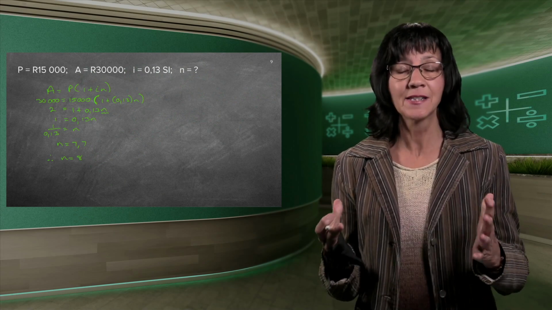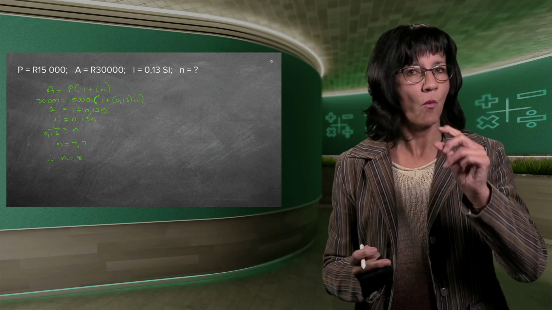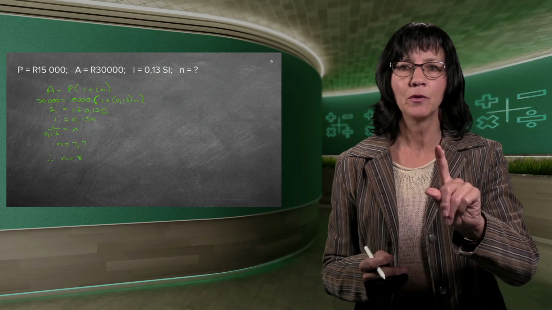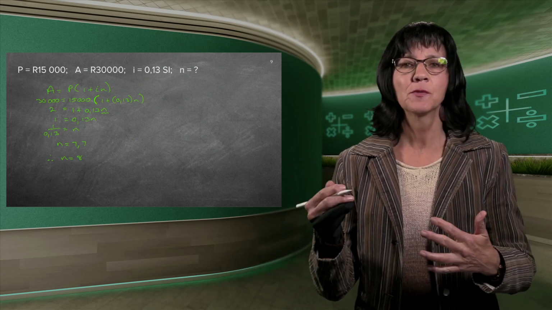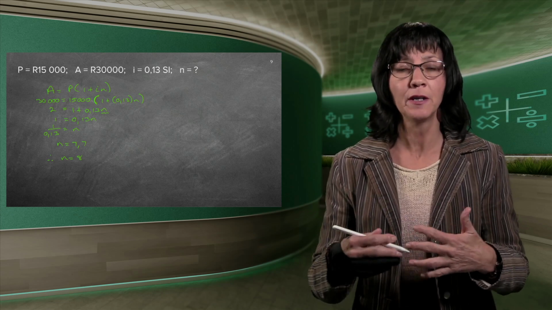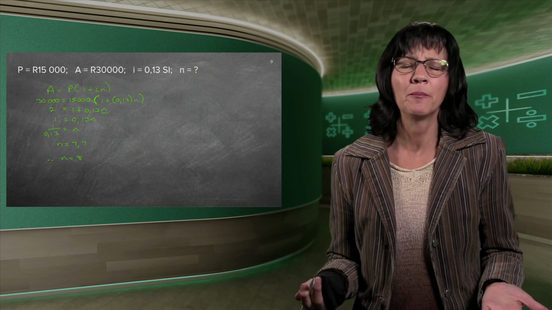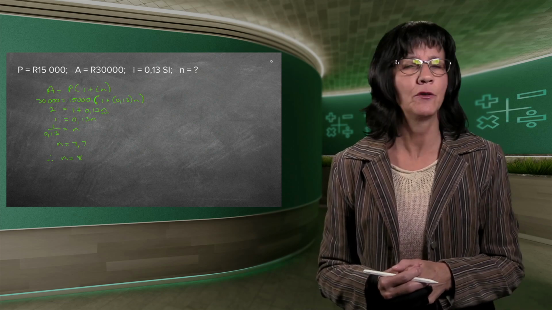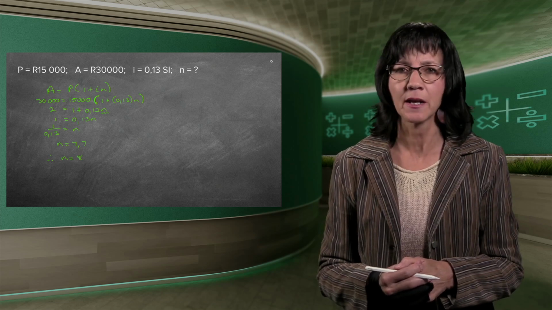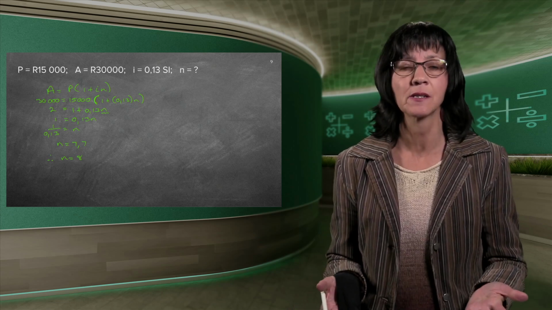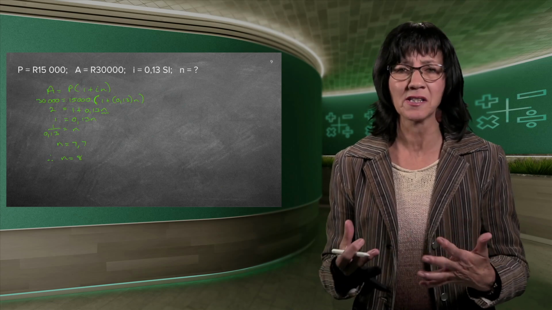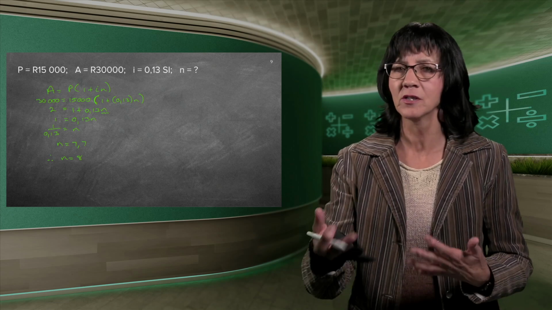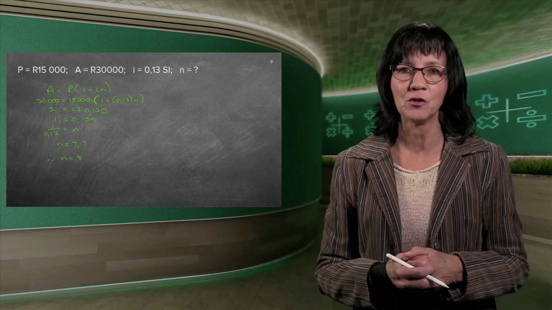Good. And that is how simple interest is. 1 formula, 3 knowns, and 1 unknown. You fill in the 3 that you have. Just make very sure that you do your algebra correct. And if you've done it, make sure that you get a practical answer. If this n was 80, then really you must know that you made a mistake. And we can very easily make mistakes. Then you must know it doesn't make common sense because I just need to double 15,000 to 30,000. So you can go and look for your mistake if you do something like that.